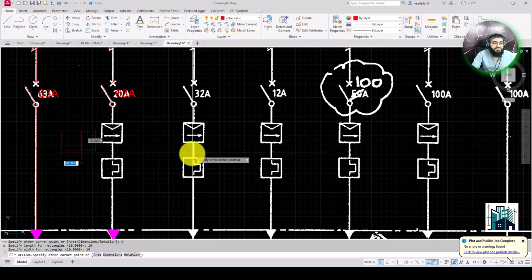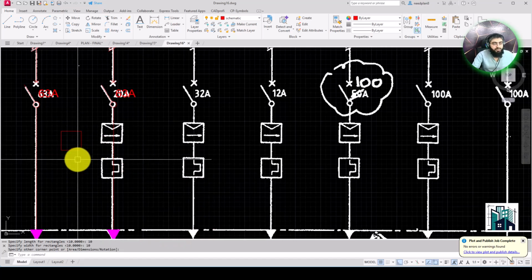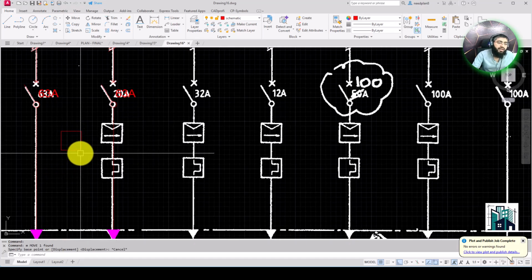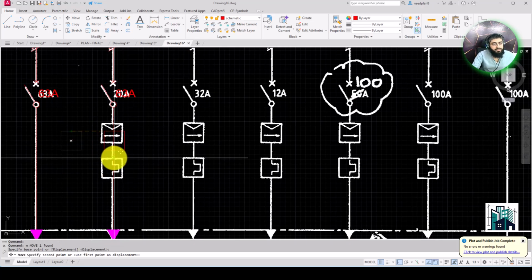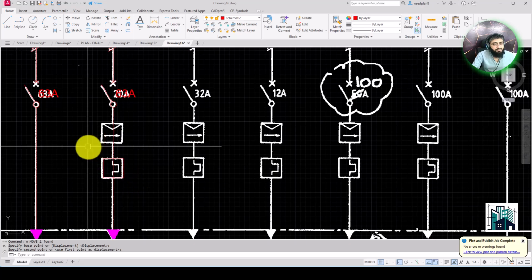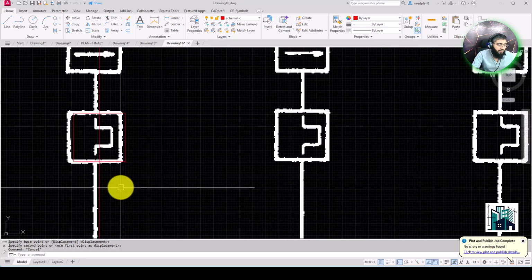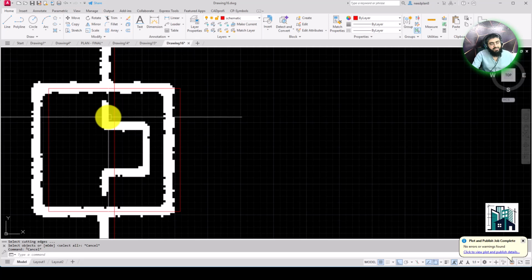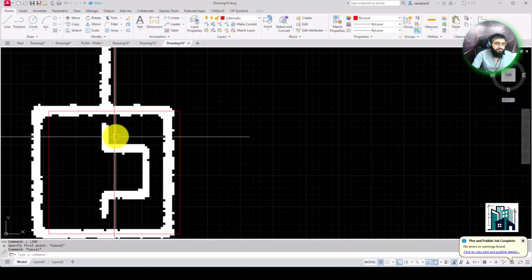Okay, so you just have to click here, the rectangle will be placed. So now you will have to move this rectangle to this, so just click here, move and enter and then select this object and then here, and then you will have to make this line. Click here.